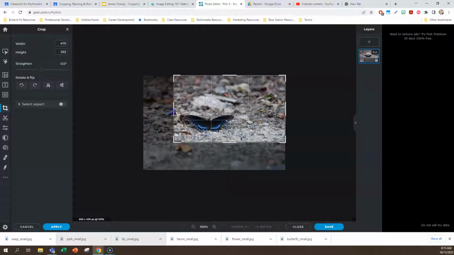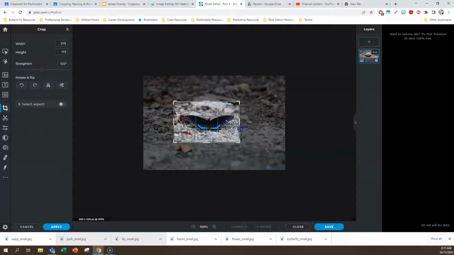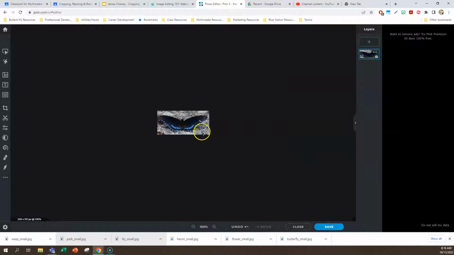So I can use these bars to actually take away the parts of the picture I don't want, and I can get super tight in on this butterfly if I want just the butterfly to be the main attraction of this picture, or I can get some of the surrounding area as well, but it's up to you, so you get to crop it the way you'd like. So once you've cropped it, I'm going to click the apply button,